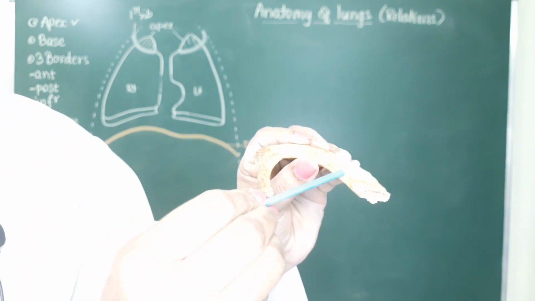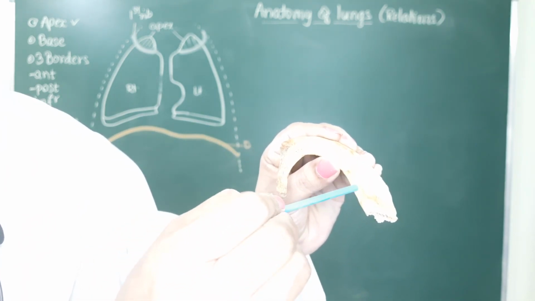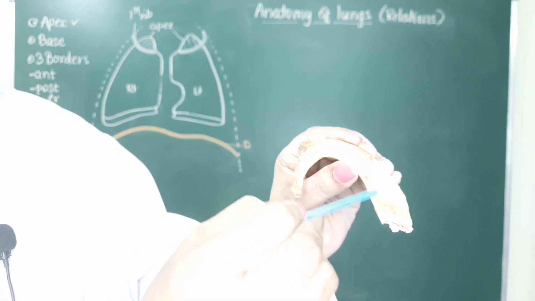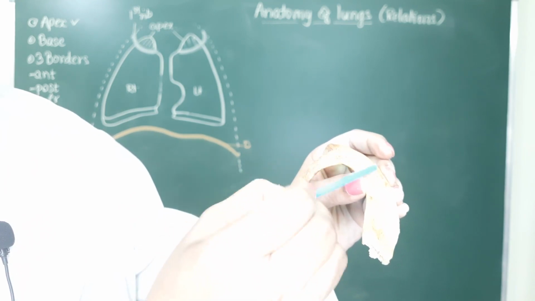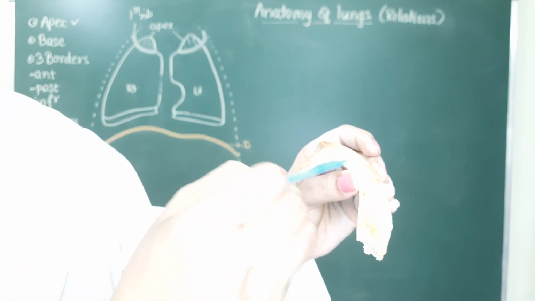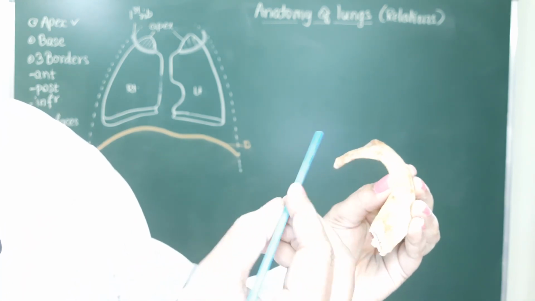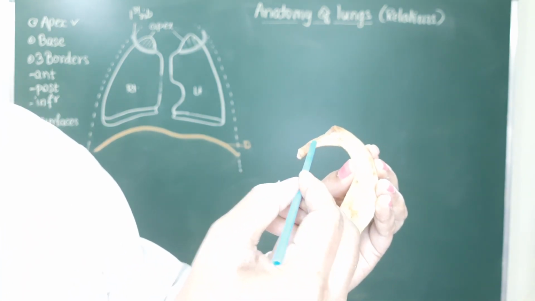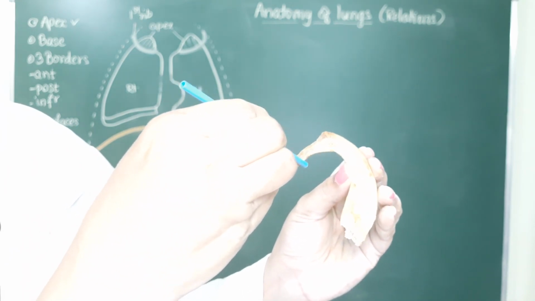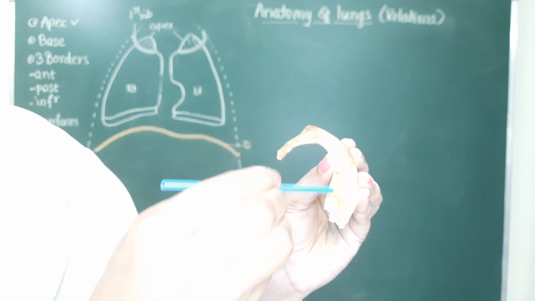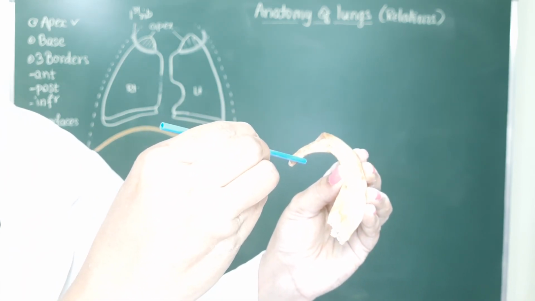In between that, here you can see an elevation. This elevation is called the scalene tubercle, which gives attachment to the scalenus anterior muscle. And here in this area, a rough impression on the upper surface of the first rib gives attachment to the scalenus medius muscle. While here, as we know, this is the neck of the first rib. Here you get some structures related to the anterior aspect of the neck of the first rib. Naturally they will be related to the posterior aspect of the apex of the lung.